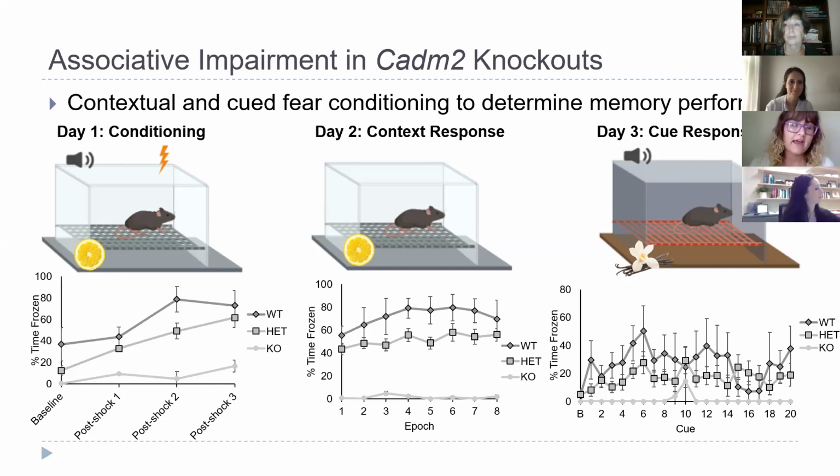On the first day, the animal is exposed to an environment, and they are exposed to a cue, in this case, a tone, and then that tone is immediately followed by a shock. This pairing occurs several times in a trial, with the expectation that the animal doesn't like this shock. They're going to show freezing behavior, anticipating a shock arriving, and that's exactly what we see to be the case with the wild type and heterozygous animals, though the heterozygous animals to a lesser extent, but we don't see this in the knockout animals as strongly.